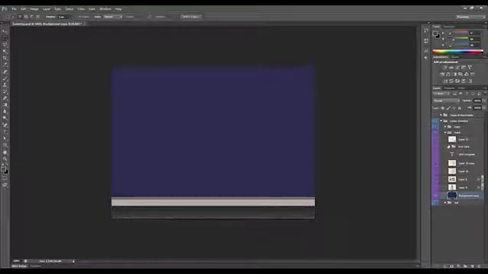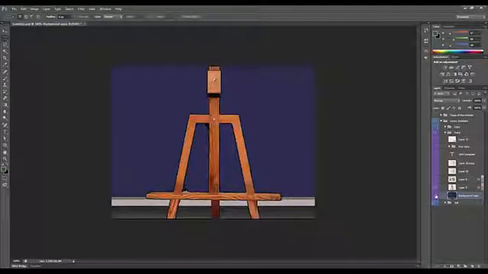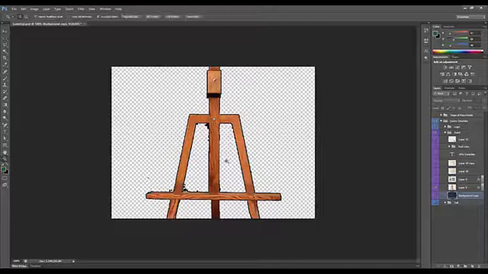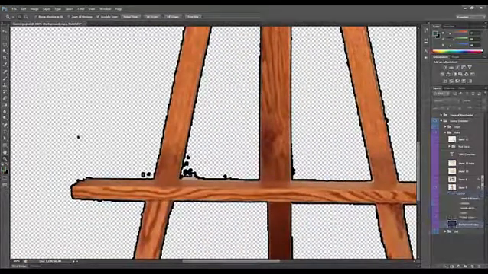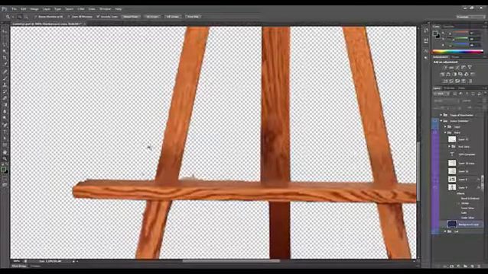Very simple technique. Takes a bit of practice, of course. Then I went and found a picture of an easel, and I cut out the background. Now, if you look closely, you can see it's really rough. I'll hide the background. There you go, you can see it's really rough. Now I did it very quickly, and there's loads of little dots on it, and the reason for that is I put layer effects on. I'll take the layer effects off. Looks kind of fine there.